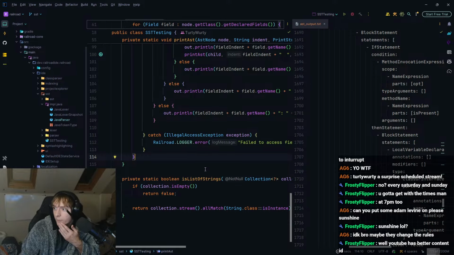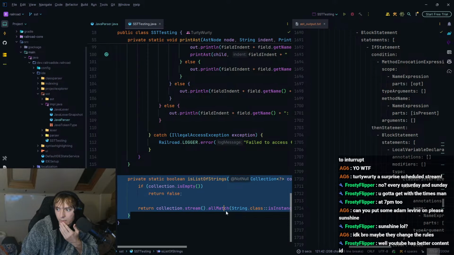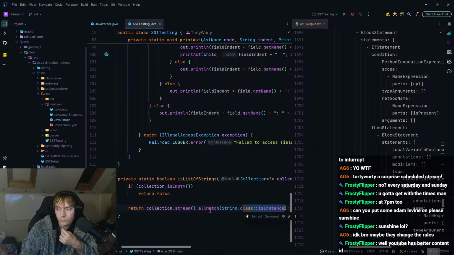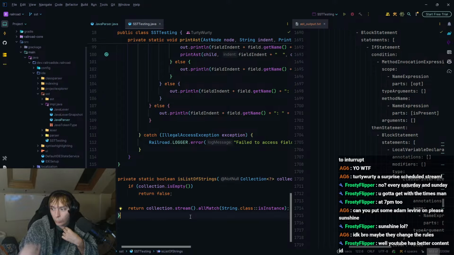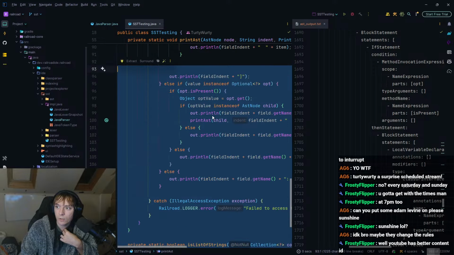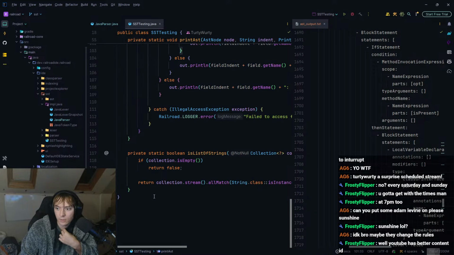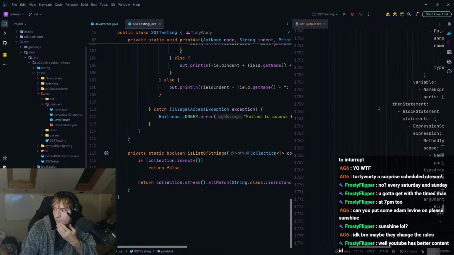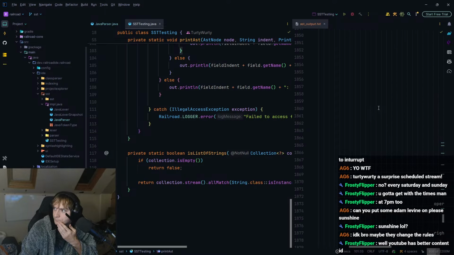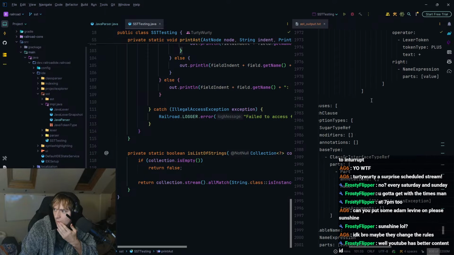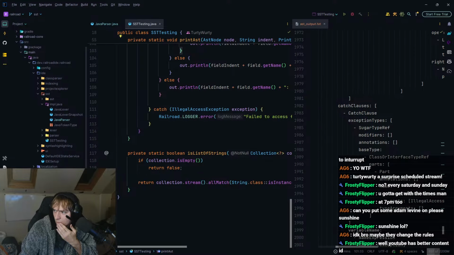Okay, the only other thing we can check is this final one down here, which has a method reference. And then if that all works, then we have successfully passed this entire Java file, which is actually kind of crazy if that works. So let's have a look at this final method down the bottom. So here we go.